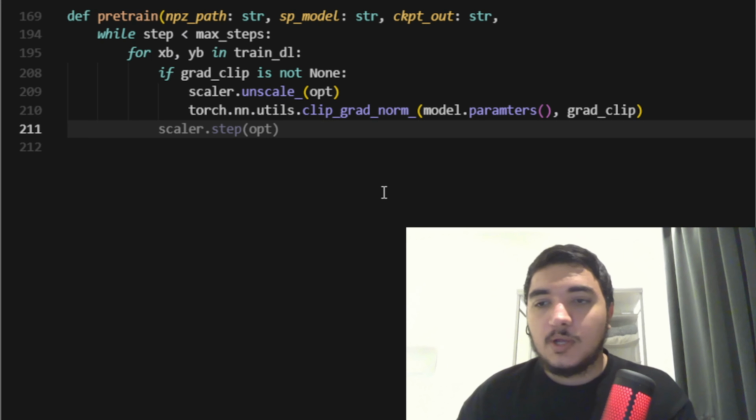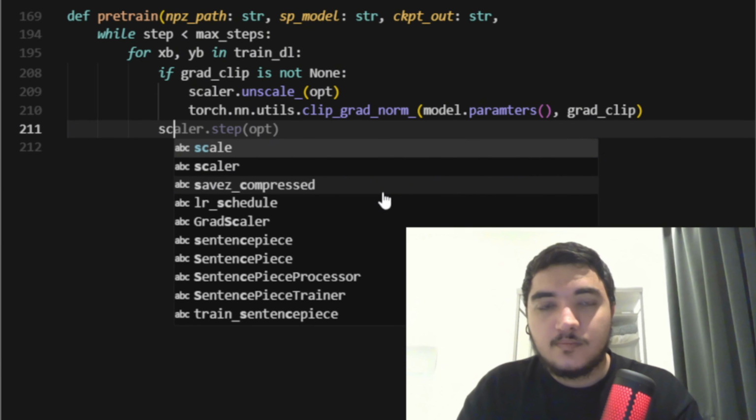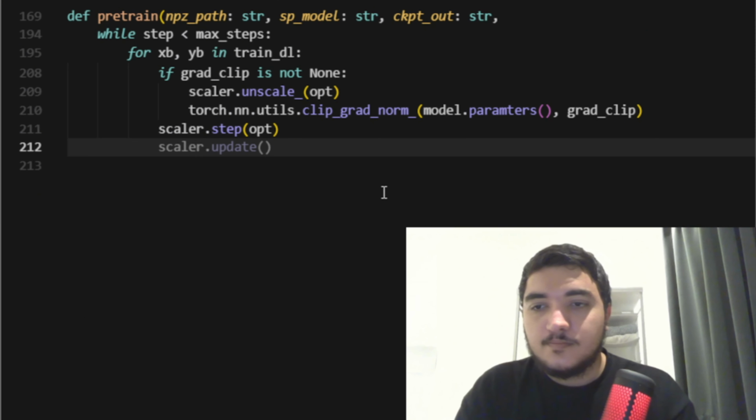And then once again we'll add scaler.step. We'll add the if opt, scaler.update,